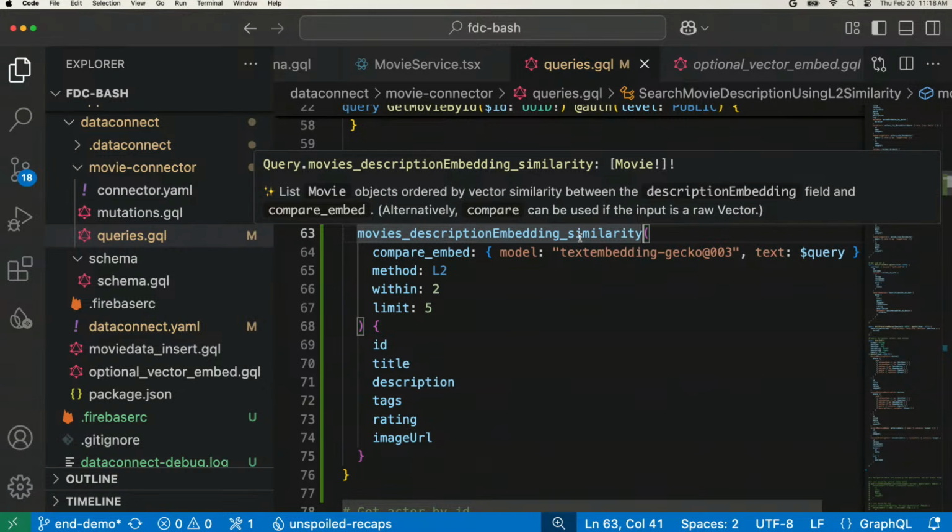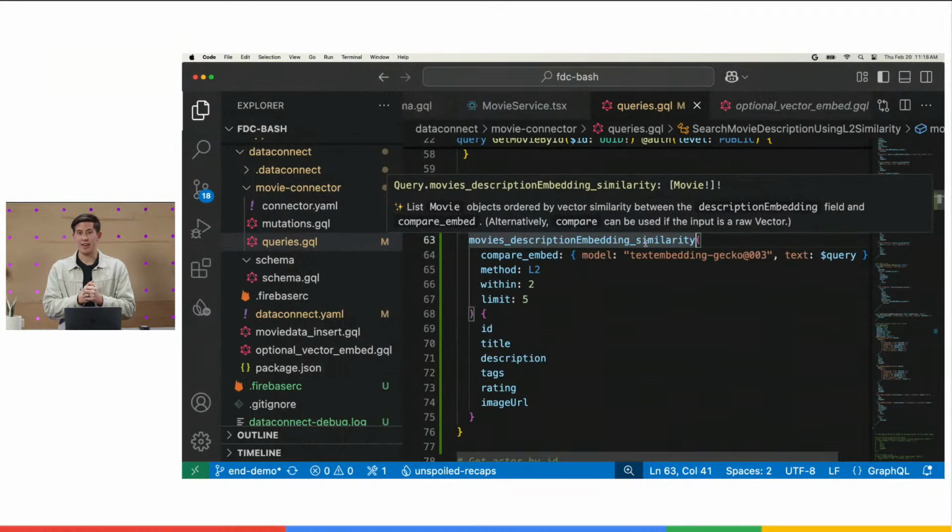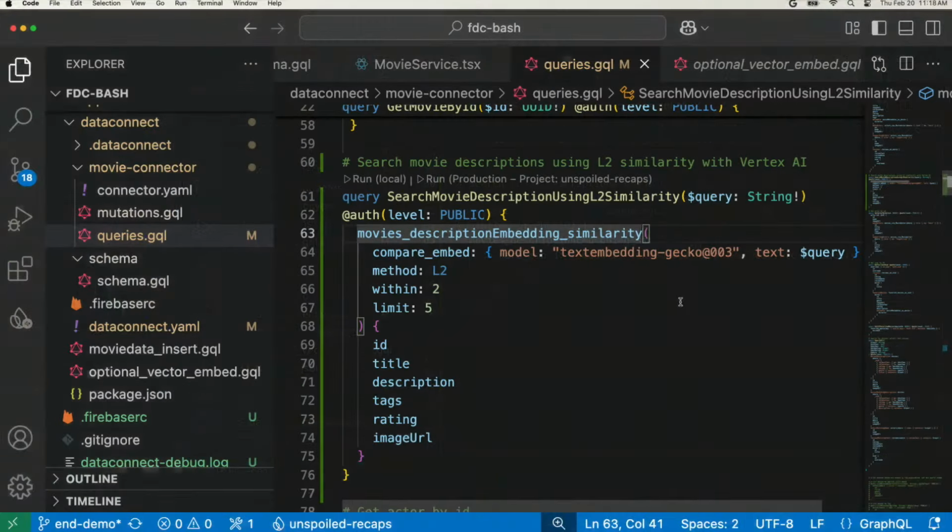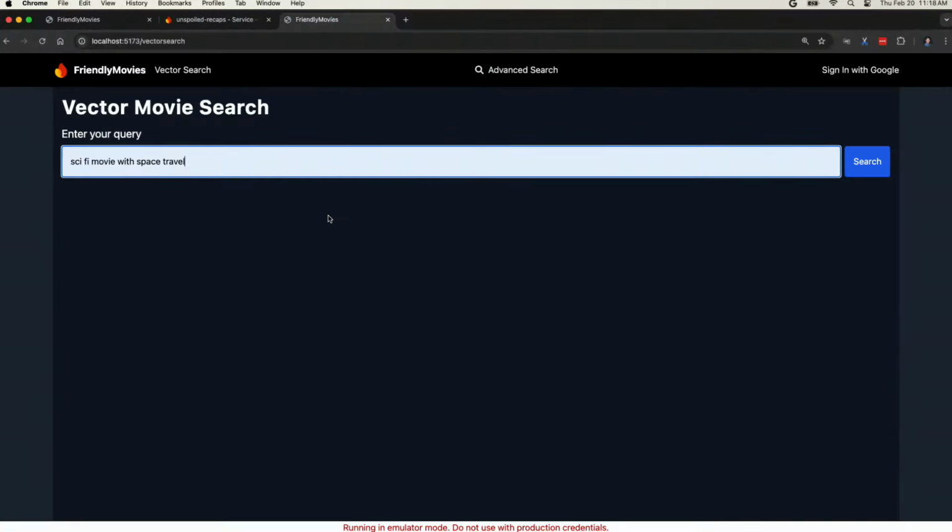A good example might be if I'm looking for a vacation, I've got a museum, a mountain, and a beach, and if I say the word skiing, the LLM knows that skiing is more closely related to the mountain, so the mountain results will come back instead of those other ones. So in this case, we're using the same model, but what we're actually doing is we're creating an embedding, underscore embed here, for the query that we passed in. And we can set our parameters for how similar we want it to be and the limit on the results.